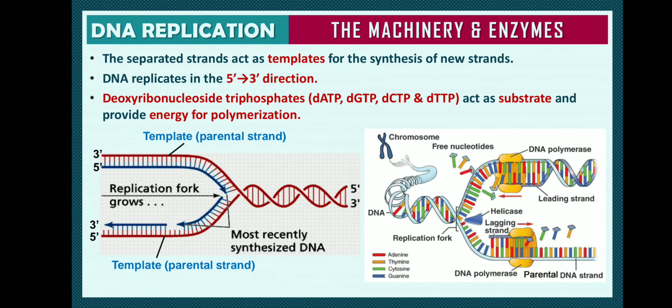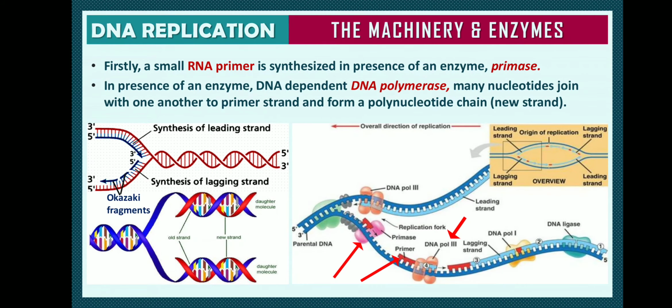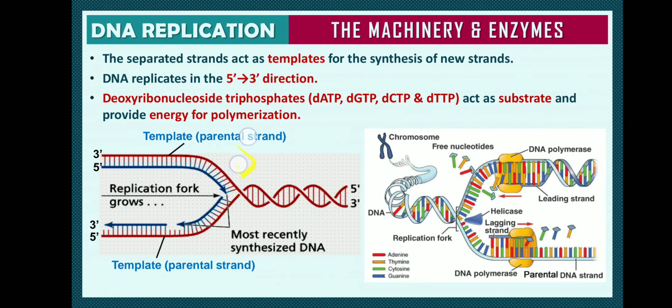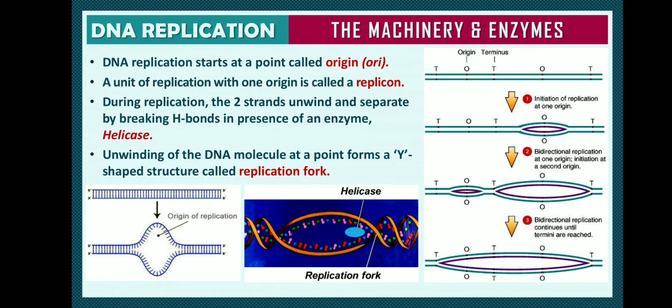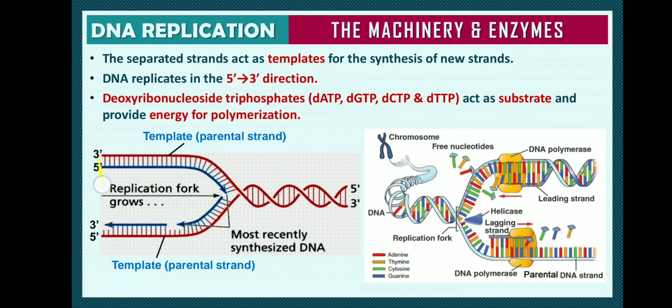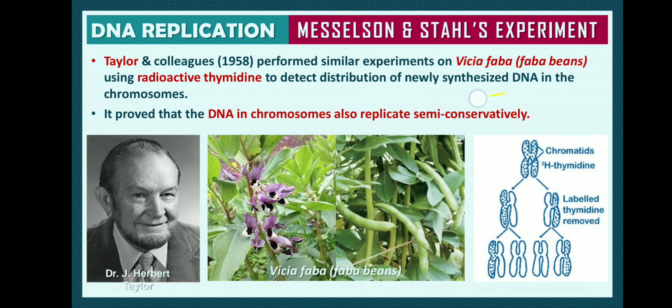See, DNA replication cannot start wherever it wants. The first and primary thing required for DNA synthesis to take place is a 3 prime end. As I said, DNA synthesis occurs in the 5 prime to 3 prime direction. So DNA synthesis cannot be started anywhere else. If the 3 prime end is available, the new nucleotide goes on adding to it.